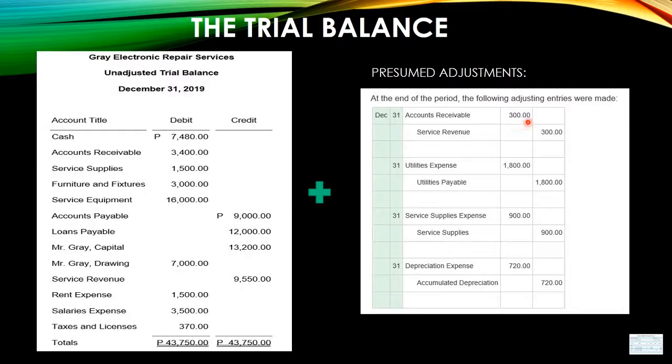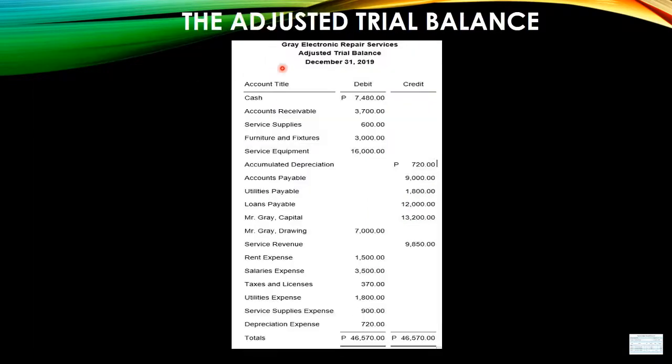Okay? So, debit plus debit. So, 3,400 plus 300. Therefore, the new amount of our accounts receivable is 3,700. Okay? So, dapat ang makita sa itong adjusted trial balance here. So, our new amount for accounts receivable is